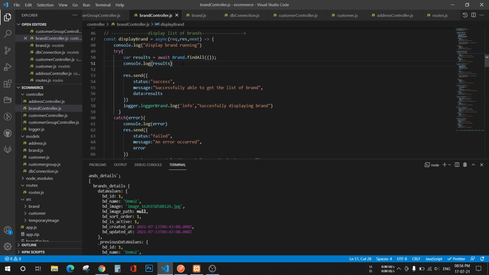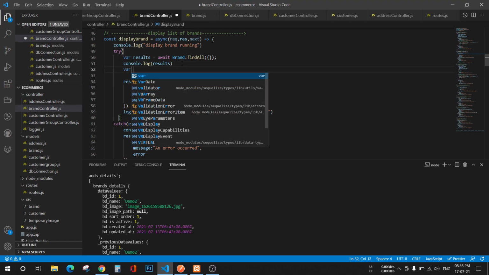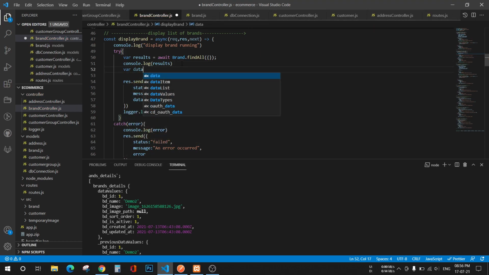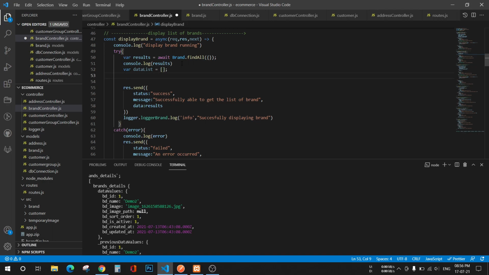For that, first of all, we need a variable. Let's call it data list. Take it as an array. Now we need two loops, one which will loop inside the data values and one which will loop inside each key value pair.